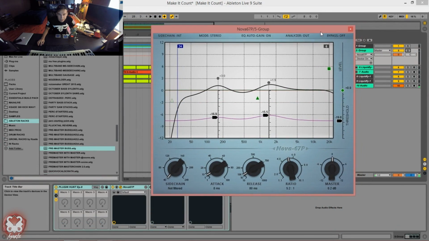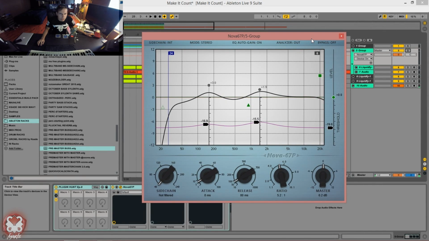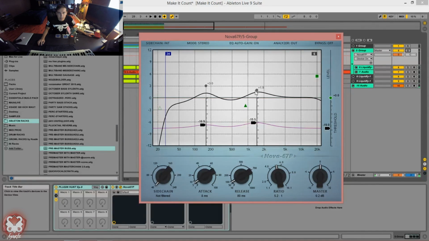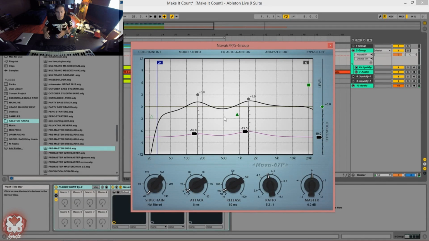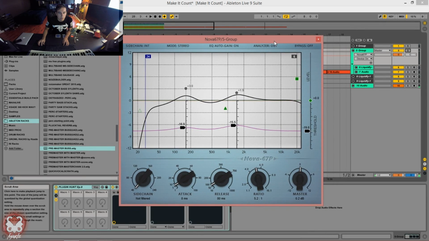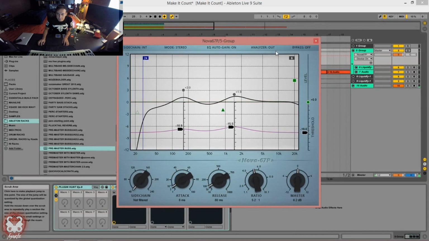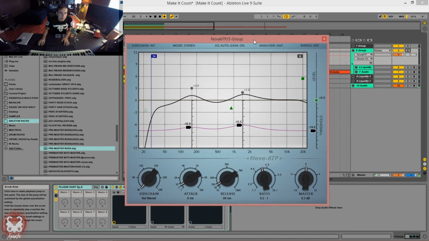So that one's a little bit more subtle because I didn't want to really use or overuse it, but I can definitely tweak it so that it's very obvious when I'm doing this and what I'm using it for. But basically, I'm just kind of EQing and compressing these certain ranges. So this is kind of a tricky plugin to get used to because there's really nothing quite like this that I've used before. I've used a bunch of multi-band compression and EQ type plugins before, but this one is kind of odd because the